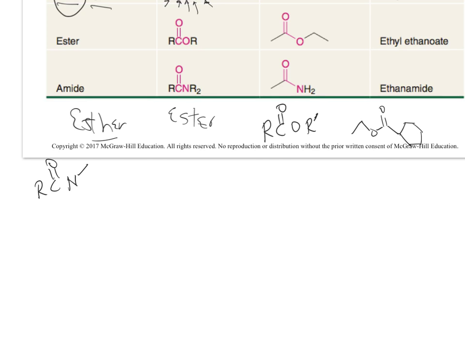And then I'm going to draw it this way. R prime and R double prime. Those can be hydrogens. You're going to find that out with nitrogen. Sometimes nitrogen R groups can be hydrogens, but they don't have to be. They could be all three the same carbon groups. They could be all different carbon groups. And so that's why if we look at this,